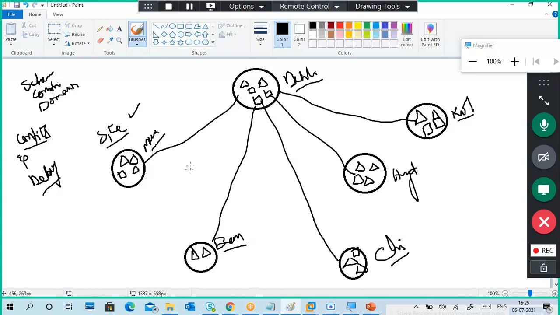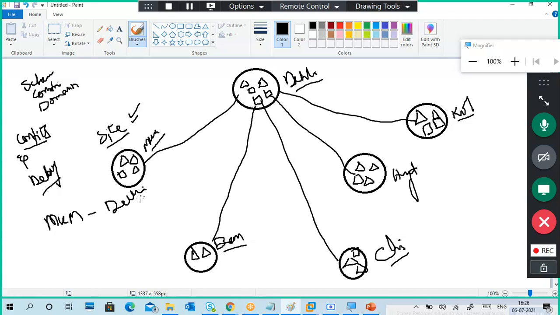For example, if you take differences, geographical differences are there. Example I will tell later. Okay, sites are created. Now what they will create, site to site replication they will create. So the next point is, first you have to create a site. In the particular site, whatever domain controllers are there, we have to put them in that particular site. Next, you have to create site to site replication.